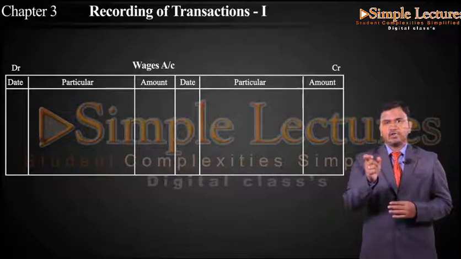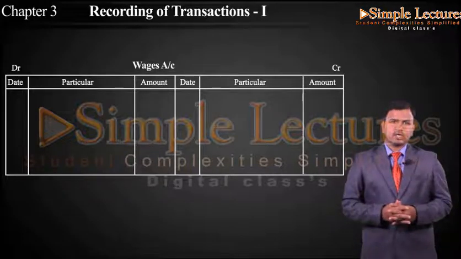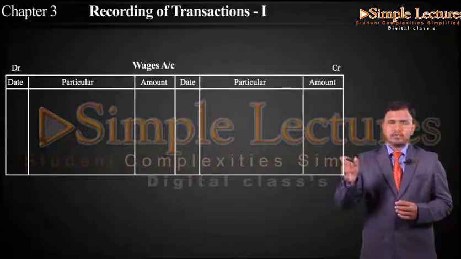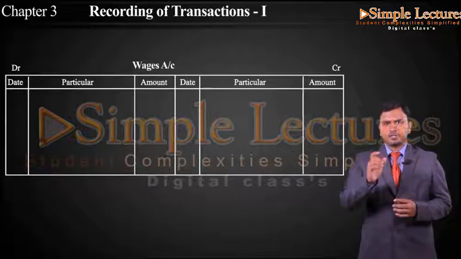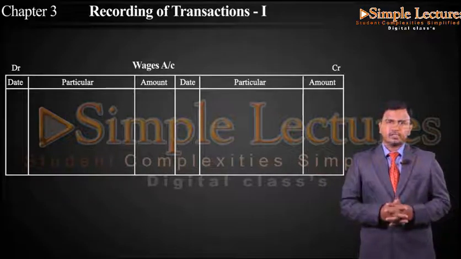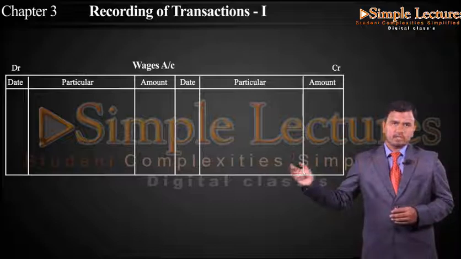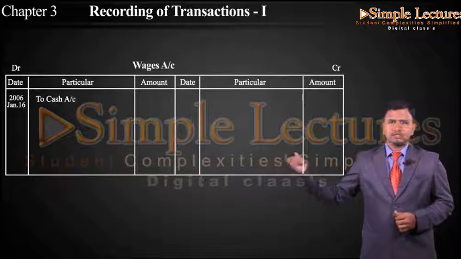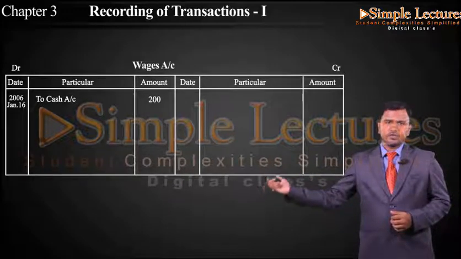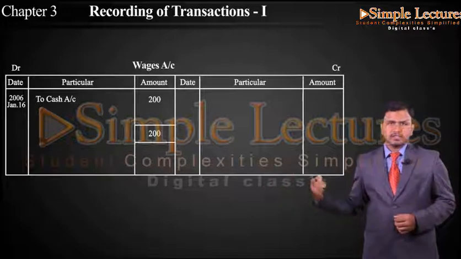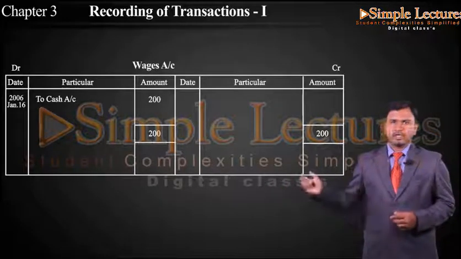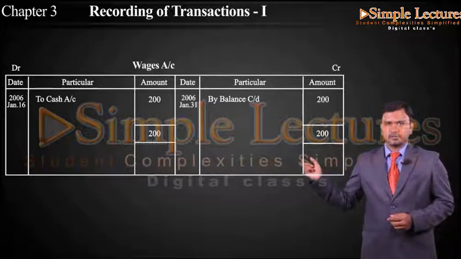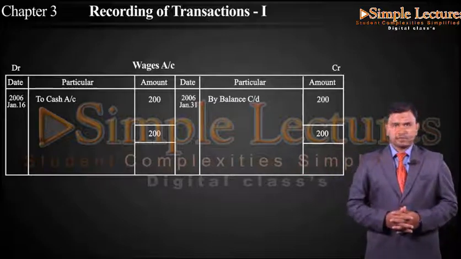So entry on the Jan 16th is wages account debtor to cash account 200. So now wages were debited in the journal, since this particular entry should be posted in the debit side of the wages account. So the date will be Jan 16th in the debit side, entry will be to cash account 200. Then we are going to take the total of debit side 200 and the same in the credit side 200, and above that Jan 31st by balance carried down 200. Let us take the next account which we have to prepare